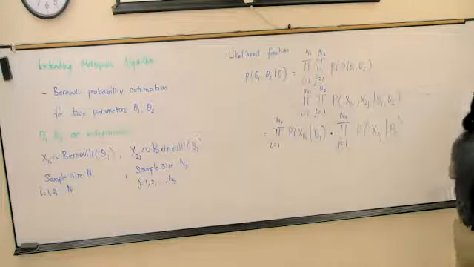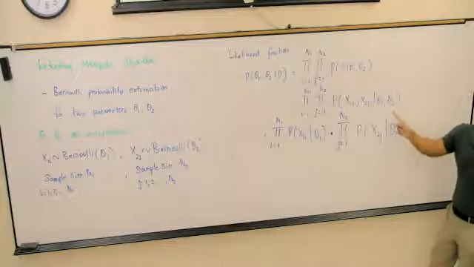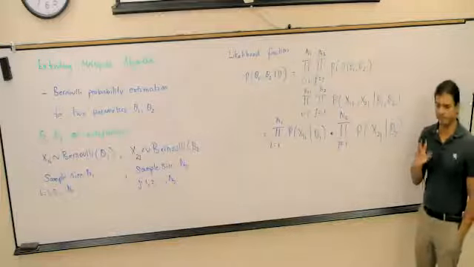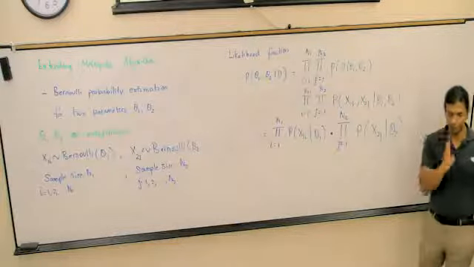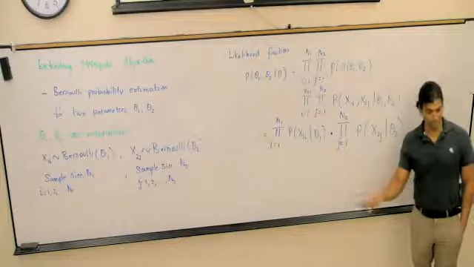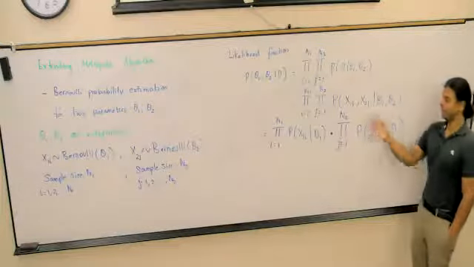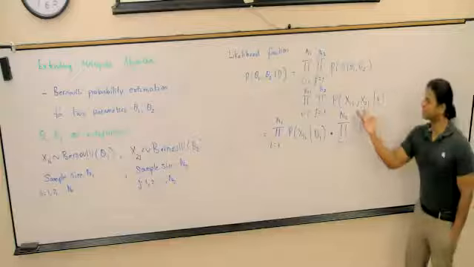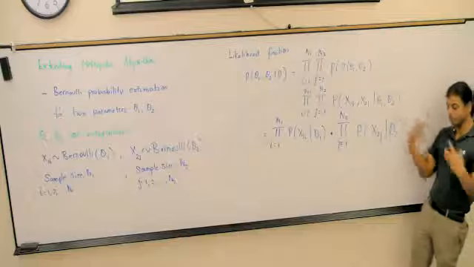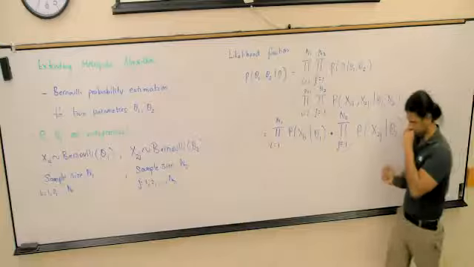Mind you, when I write it, I don't write it as theta 1, theta 2, right? This simply means, going back to STA 2023, when we write the probability of B given A, all we are saying is that B depends on A. It's just a notation for us, correct? So all we are trying to say here is this joint distribution depends on the parameters theta 1 and theta 2 together. But if I make them independent,